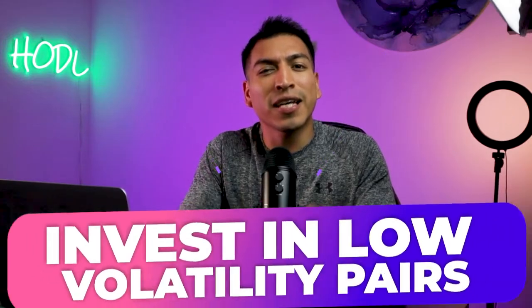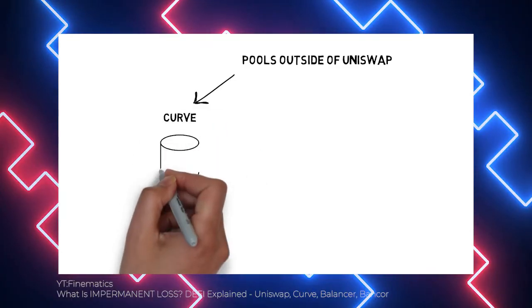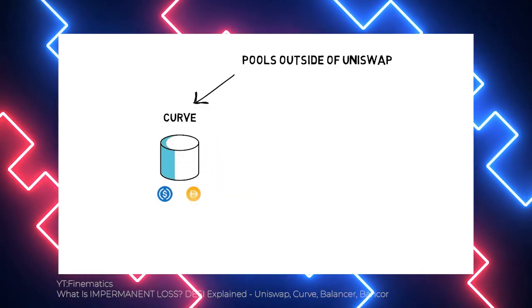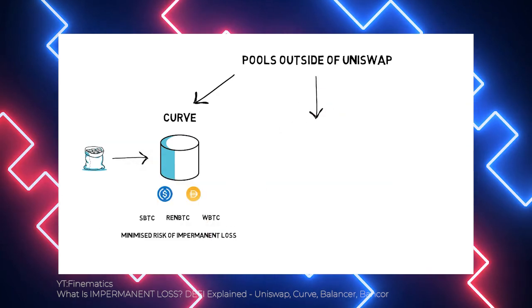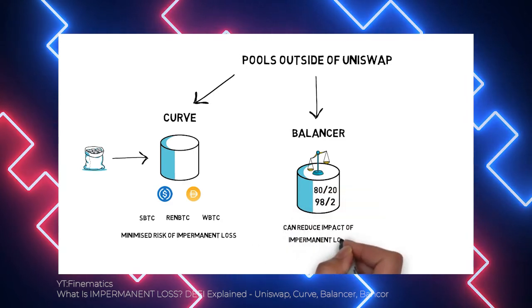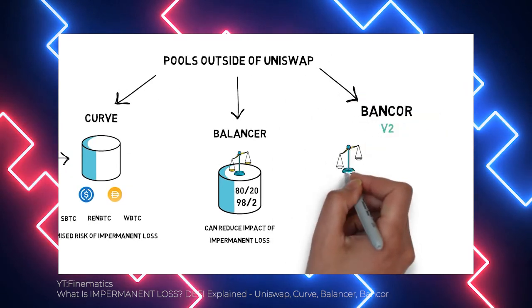Next, try investing in low volatility pairs. Some cryptocurrency pairs are more volatile than others, so providing liquidity to them can increase your risk of impermanent loss. For instance, if you intend to provide liquidity to a particular crypto pair and, studying the market, you believe one of them will outperform the other soon, don't provide the liquidity. However, if you think both currencies will rise or fall relative to each other in terms of price, you're good to go, since it won't make much of a difference. The bottom line is to stay wary of volatile currencies by monitoring their current and future performance.